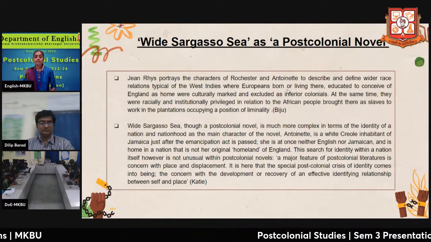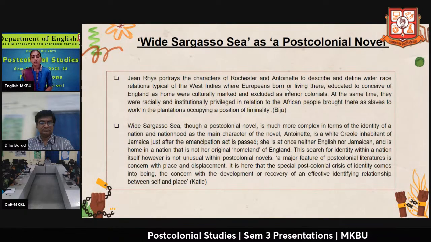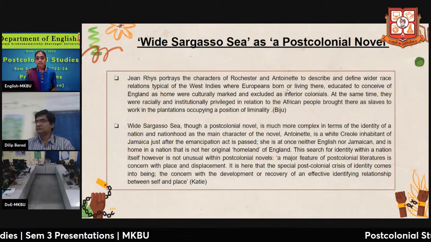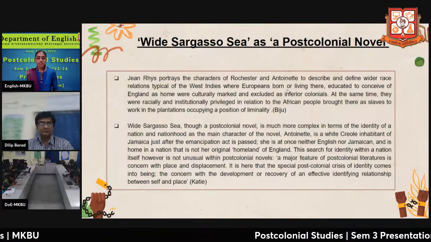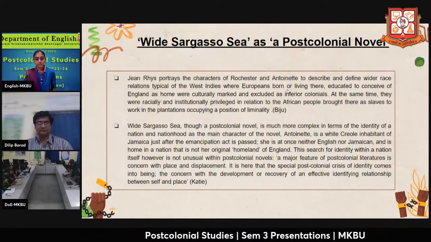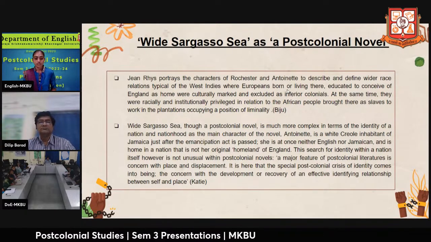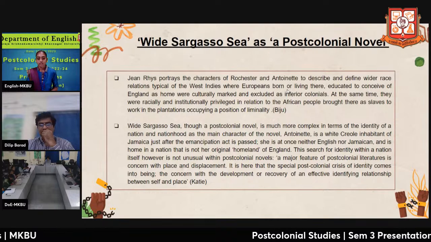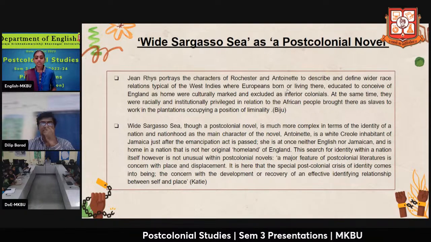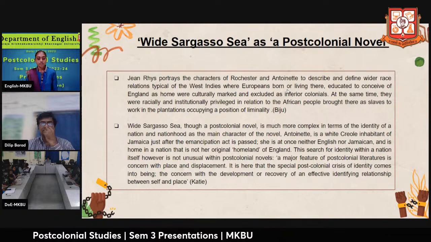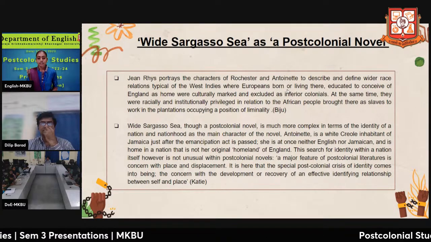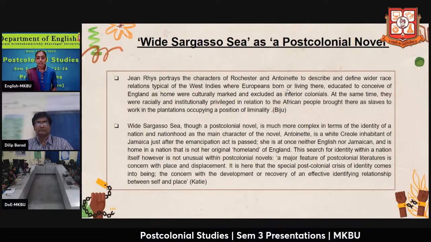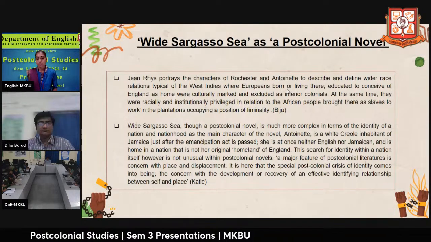Jean Rhys portrays the characters of Rochester and Antoinette to describe and define the wider race relations typical of a West Indian, where Europeans born or living there, educated to conceive of England as home, were culturally marked and excluded as inferior colonials. At the same time, they were racially and institutionally privileged in relation to the African people brought there as slaves to work in plantations, occupying a position of